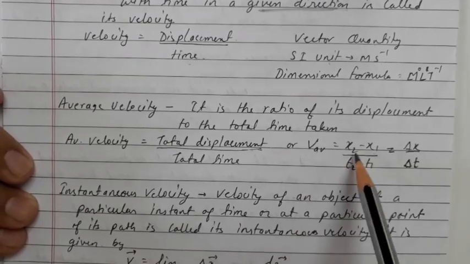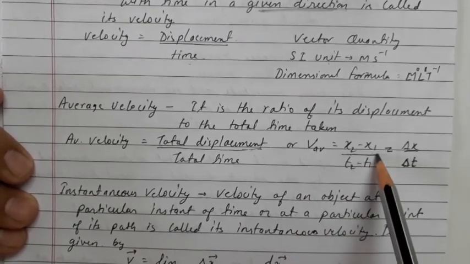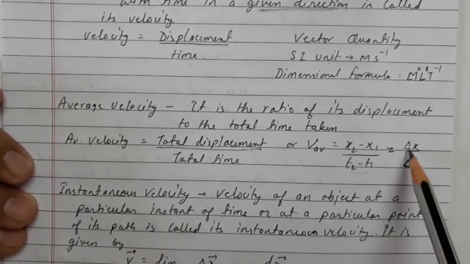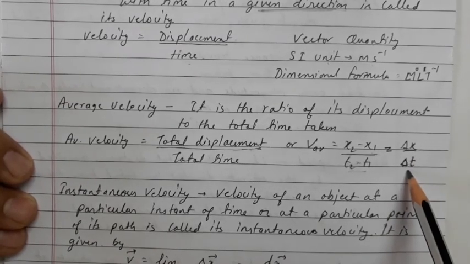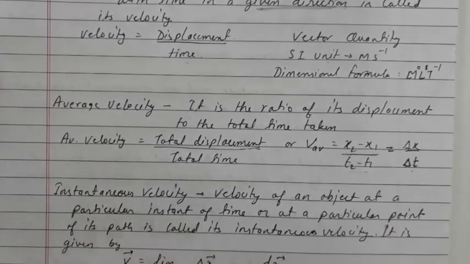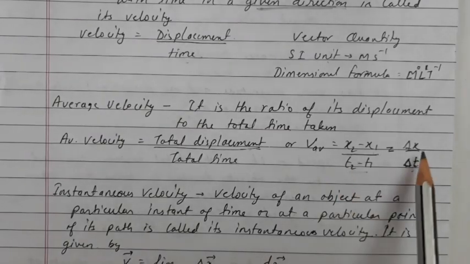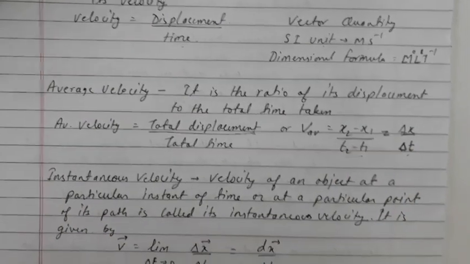So average velocity is equal to displacement, that is total displacement upon total time. So it can be given by change in displacement upon change in time. So this is the average velocity. It is given by del x upon del t. Okay, now comes the